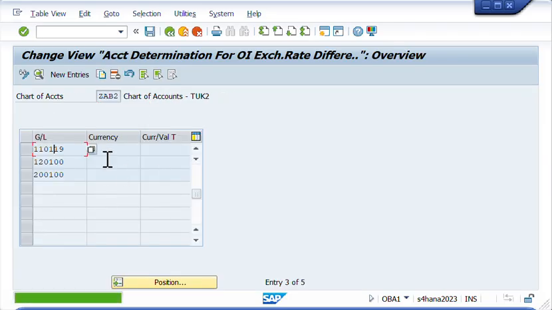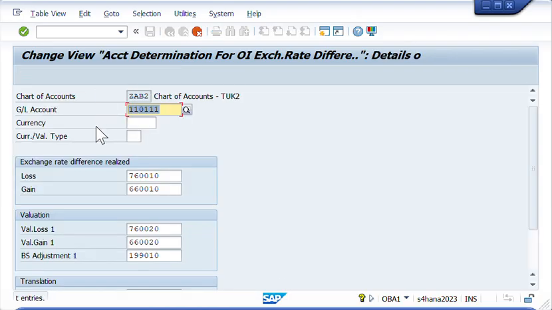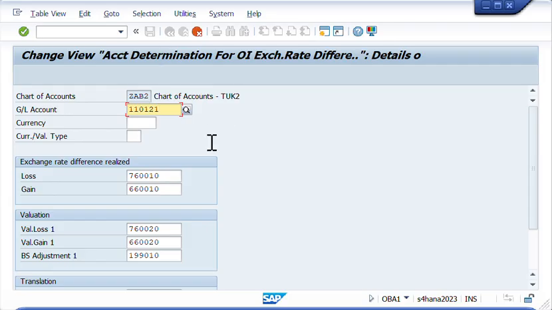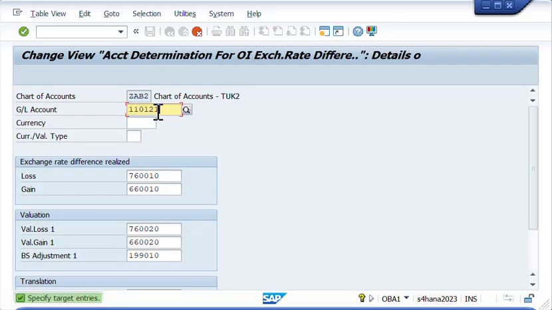Okay, so we have already completed the first bank account, and then copy again, this time for the second bank account, which is Barclays. Hit enter, enter again, okay, and then copy again for the